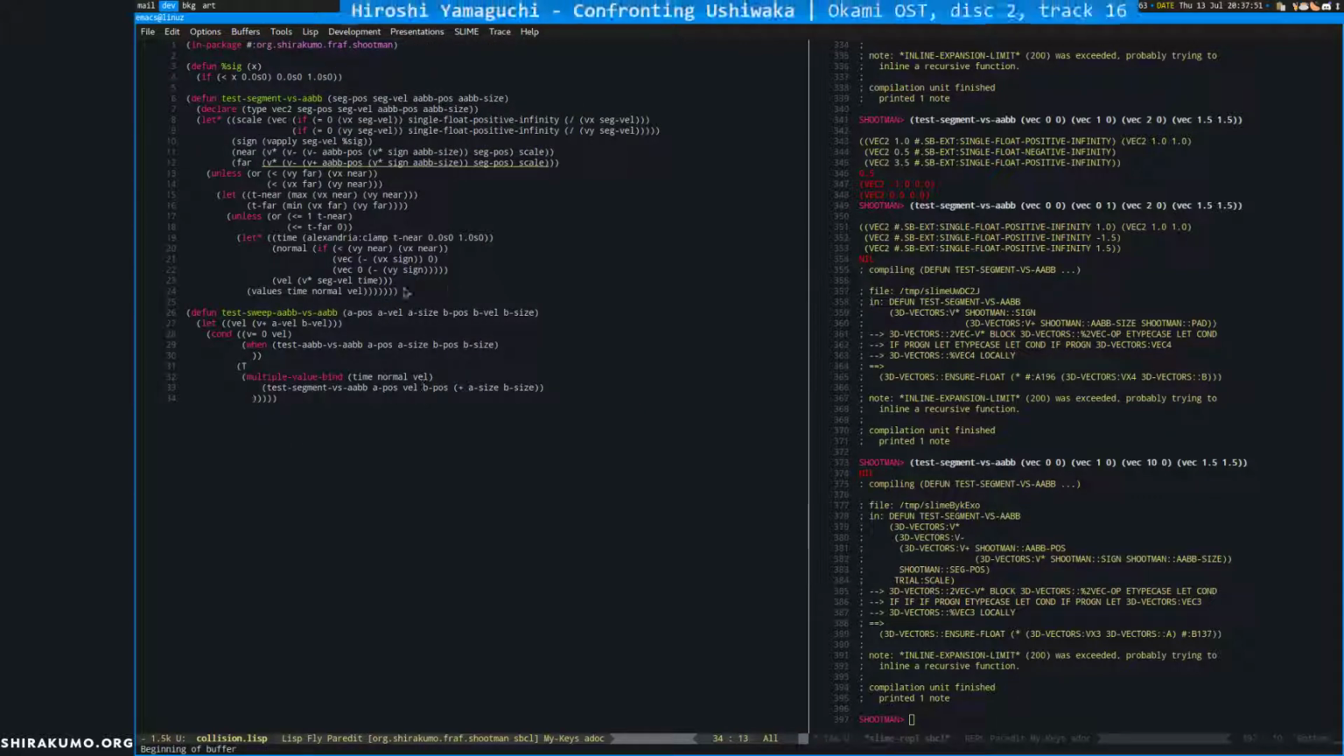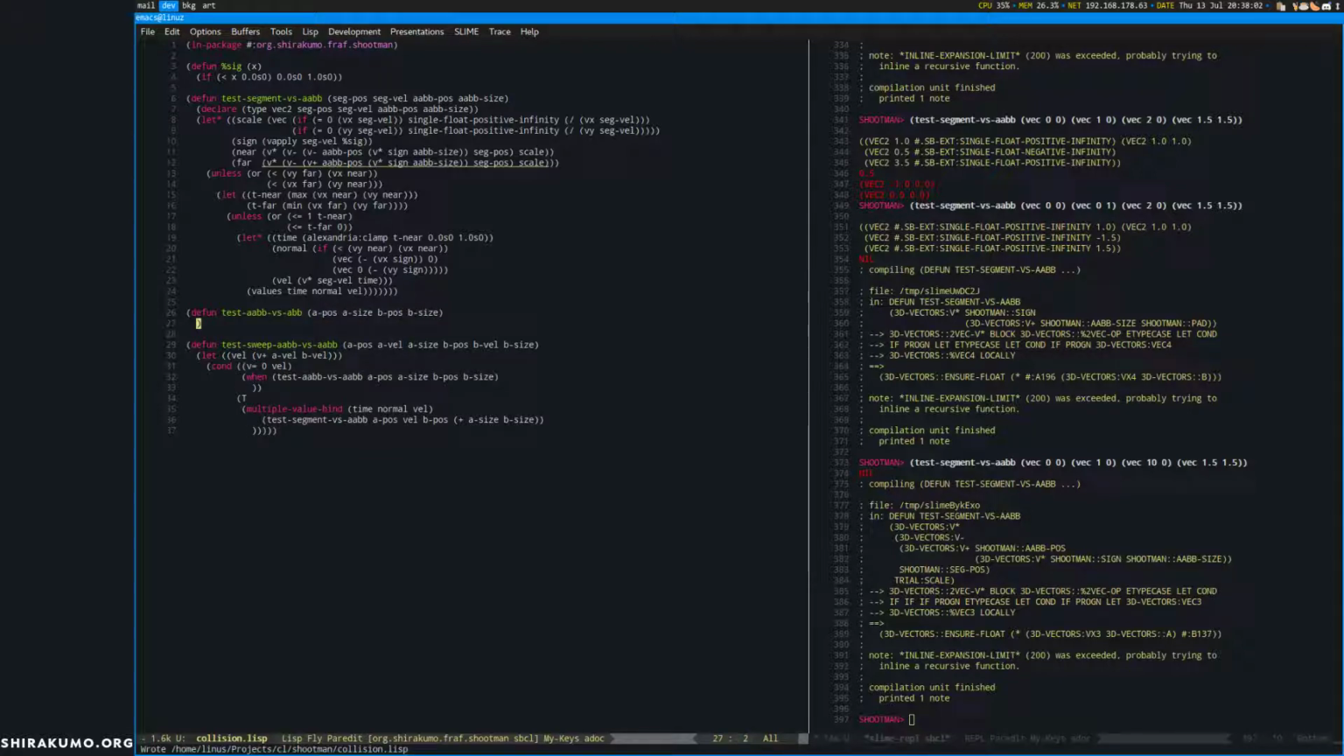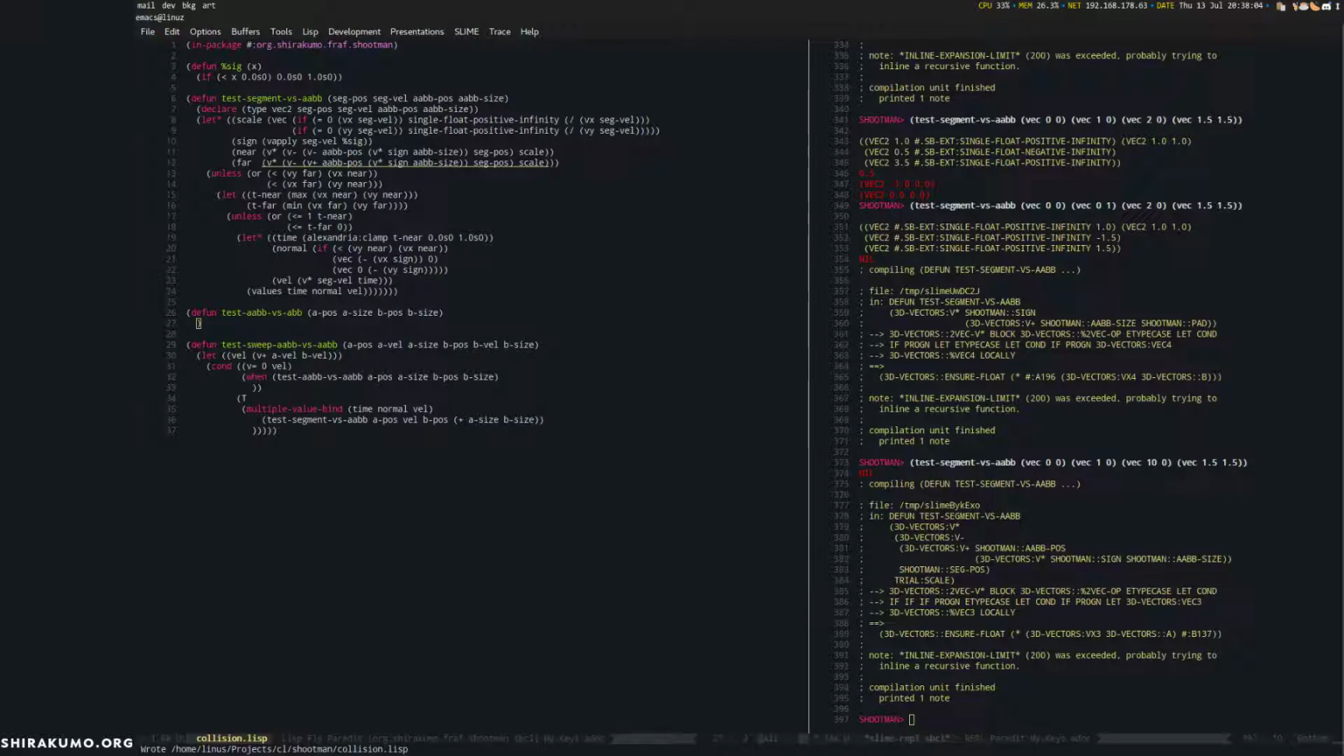And that gives us the values we need. We don't have a test function for AABB versus AABB yet. So let's do that real quick. The blog post explains it as well. Yeah, basically for